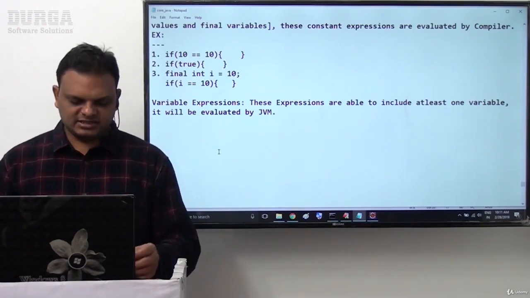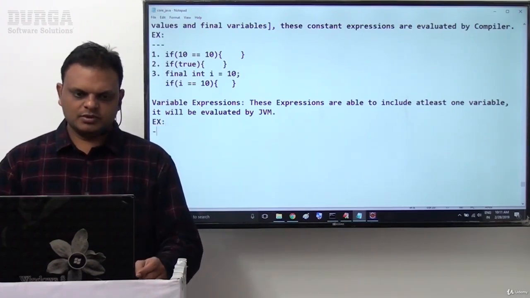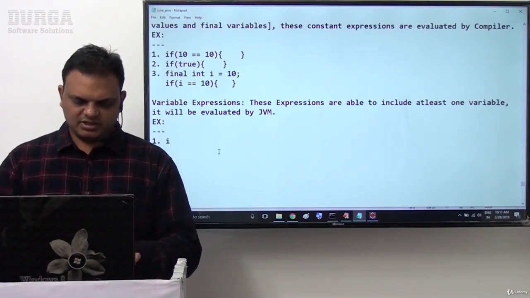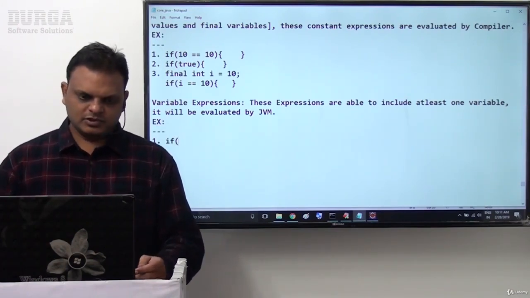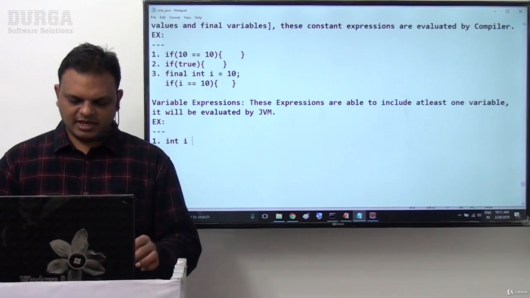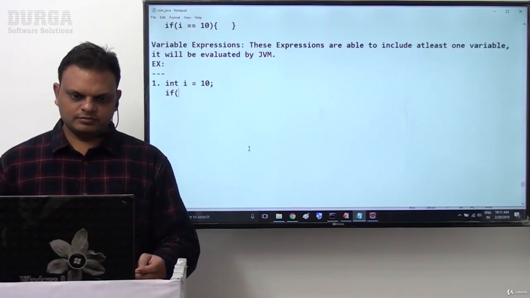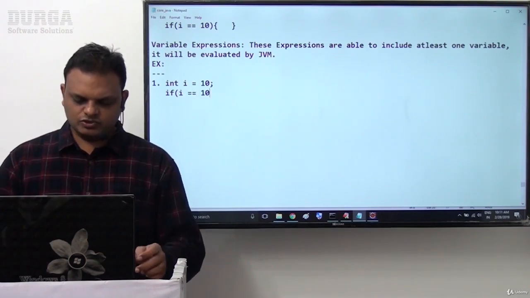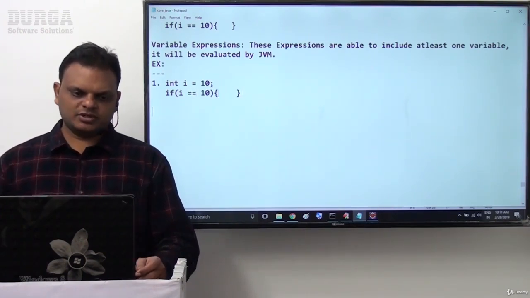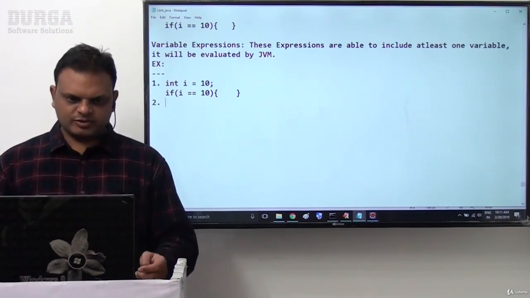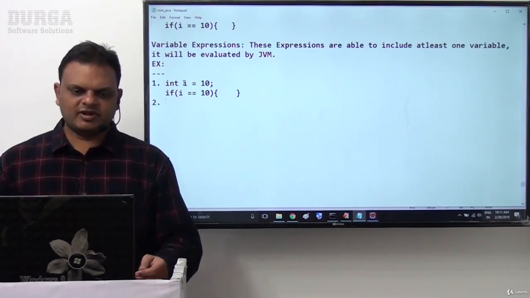I will take an example. First one: int i is equal to 10, if i double equals to 0. This is a variable expression. Why? Because here the i variable is available, a non-final variable.